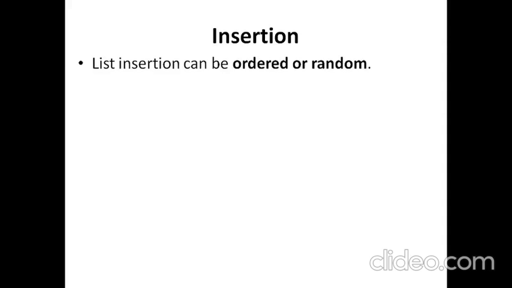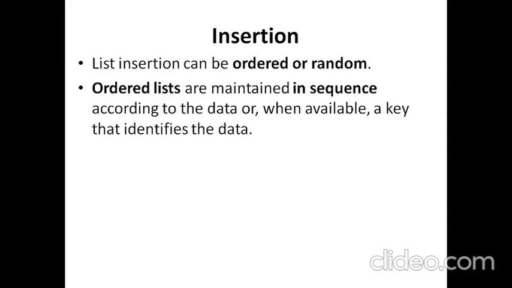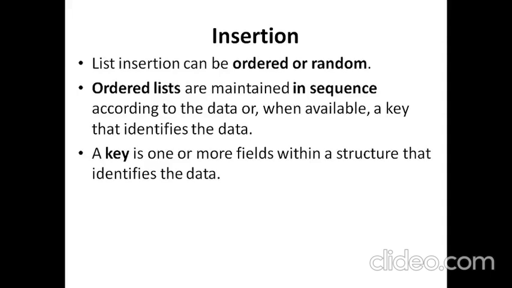So that is the way in which an ordered list has to be maintained, and the insertion is a little more tedious because of this requirement that you have to first locate its correct position and only then insert it into the list. But a random list has no such arrangement, so the elements are not ordered in any way. So you can insert anywhere in the list, and most commonly the new elements are inserted at the end of the list in a random list.